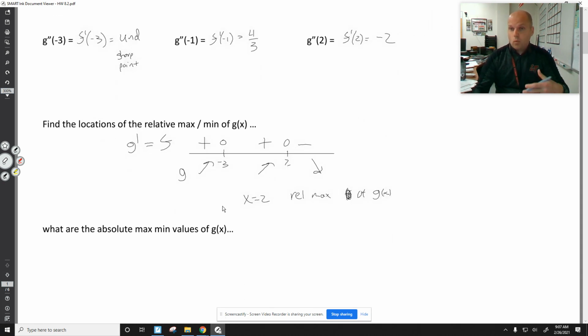That's the next question. What is the absolute max value and the absolute min value? I don't have any relative mins here. So the absolute min is going to have to come at an endpoint. I'm going to have to check, but I'm pretty sure I know what the answer is going to be. So I know the max